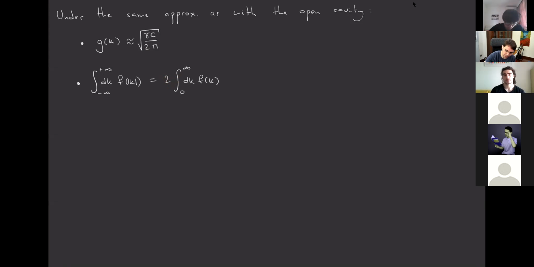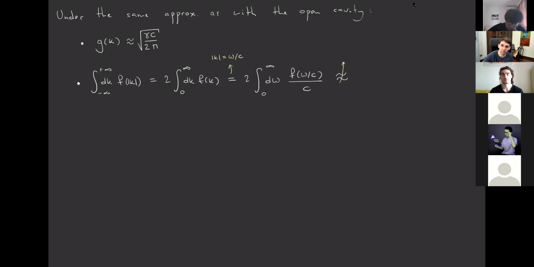And now, typically, in order to avoid confusion, because this k is only the positive case, we usually define the frequency. So we usually change from the wave vector to the frequency. And then we get an integration that looks more like the one that we had for the cavity. So we get d omega and then f of omega over c divided by c. Okay? And now we can do the